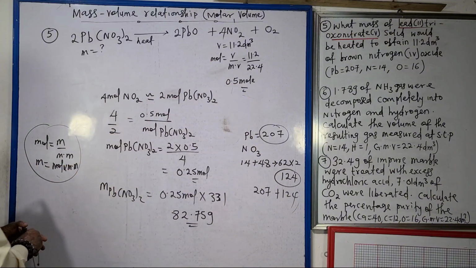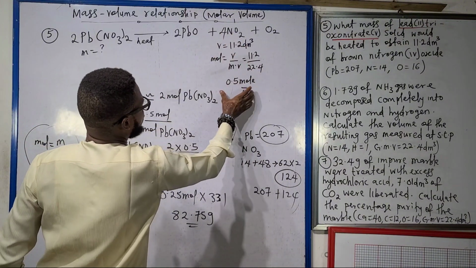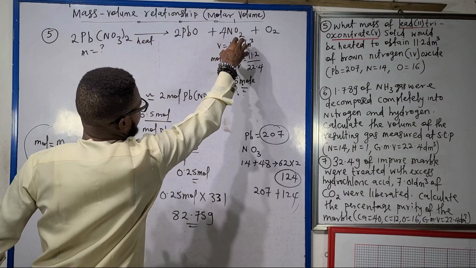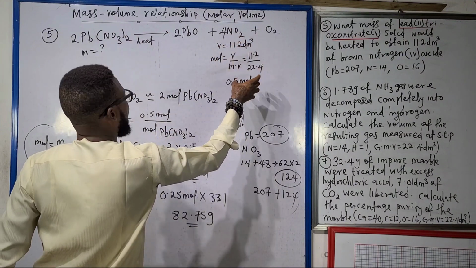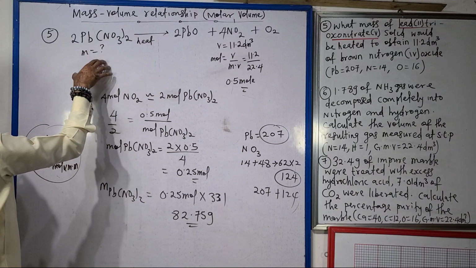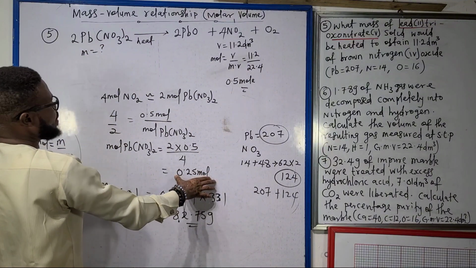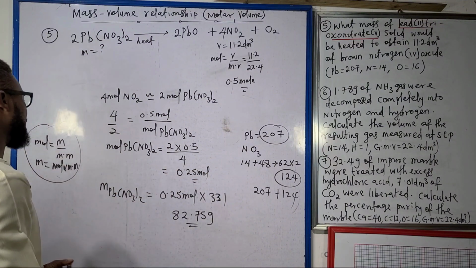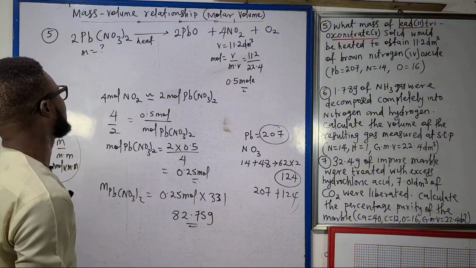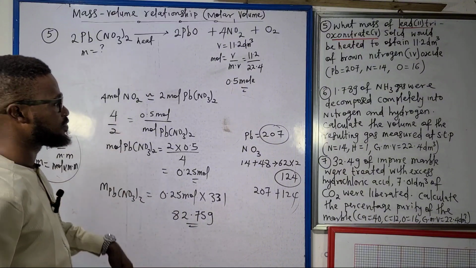Look at it very well. I'm going to convert this to mole. I'm going to write the balanced equation, convert the key to mole. I use this mole to unlock the mole of this, which I got 0.25. To get the mass of this, that's going to be mole times the molar mass. The molar mass of this is